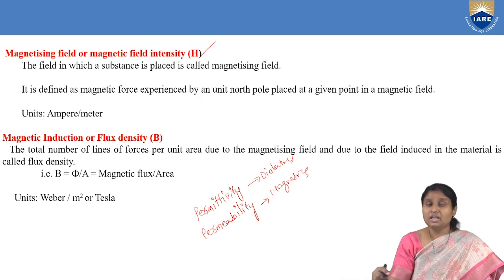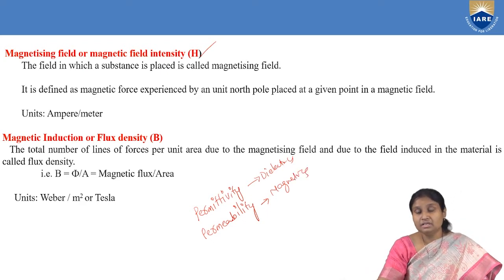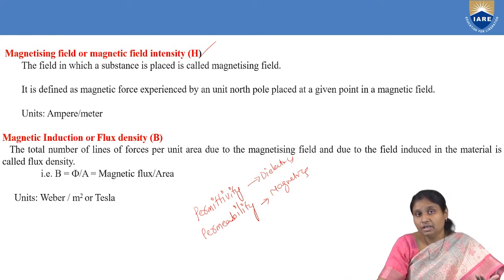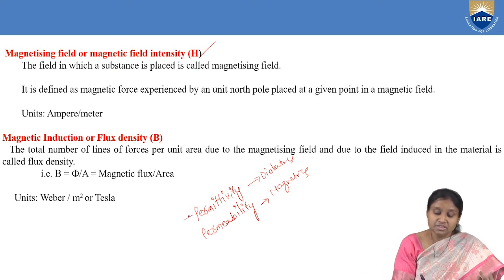Okay, but more or less the meaning is the same. If you are considering permittivity, it explains the easily polarizable nature of a material, or how easily a material will allow electric lines of force to pass through it when we place it in an external electric field. And this permittivity is represented by the notation epsilon.